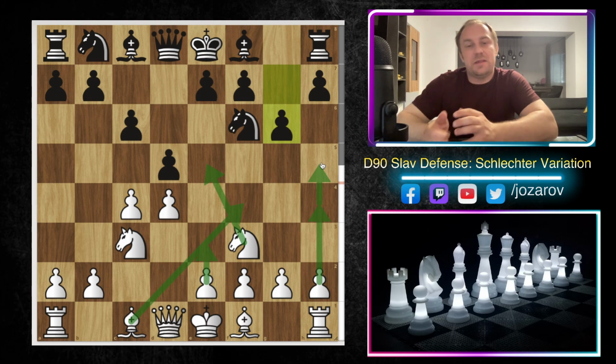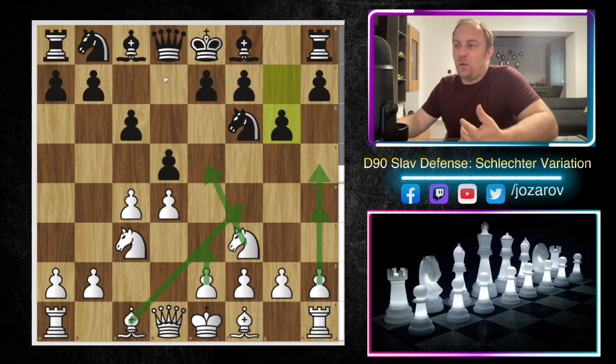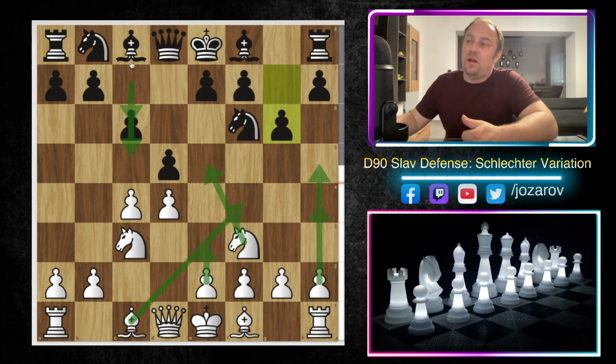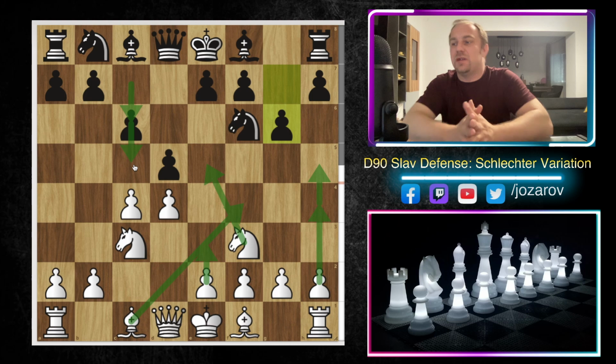structure in the center, it's similar to the Grunfeld. But if you're familiar with the Grunfeld defense, black always plays this very aggressive move c5 immediately, so black doesn't lose any tempo with c6 and then c5. Black always plays the first move c5 immediately, breaking through in the center. So that's why I think this setup c6 and then afterwards the potential move c5 would be sort of a